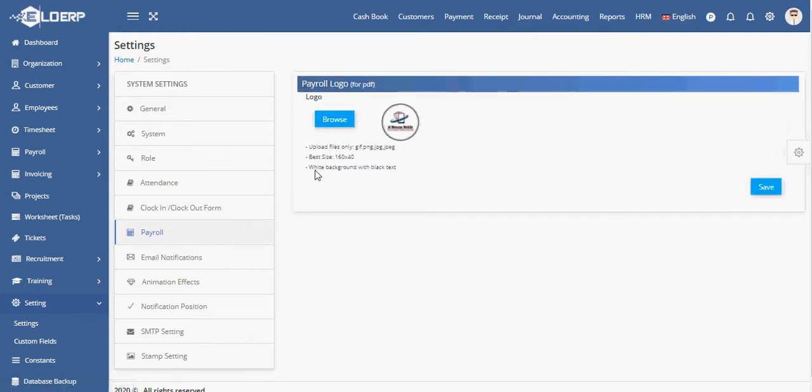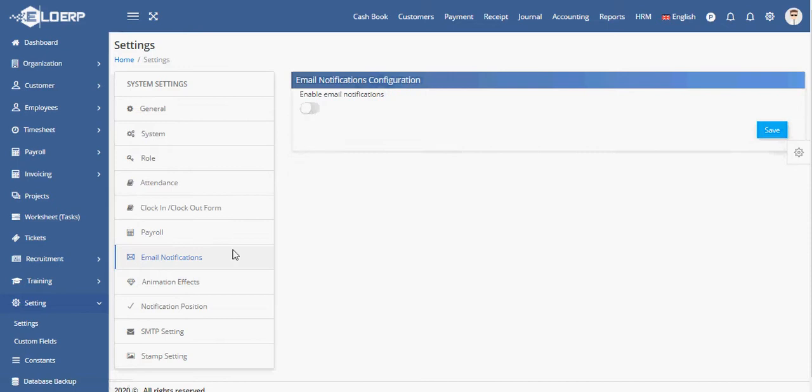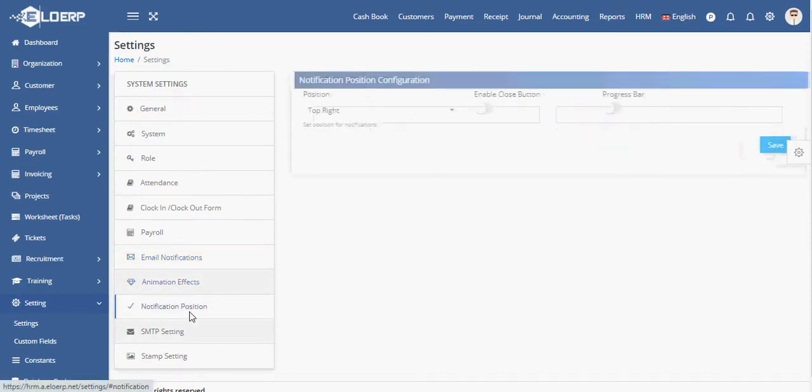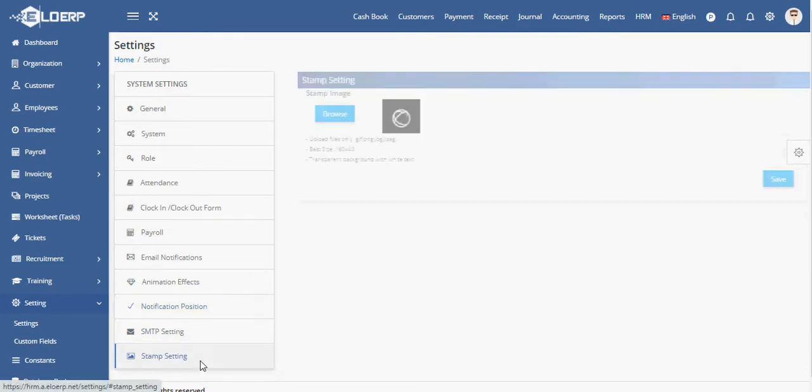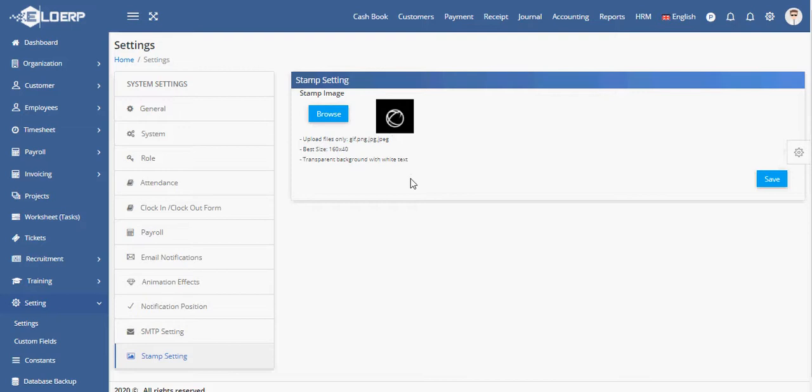This is where the payroll logo should be applied. Then email notification, enable, disable for the employees. And this is other setting, notification setting, SMTP setting. Here we can upload the stamp for the invoice or payroll or other vouchers.